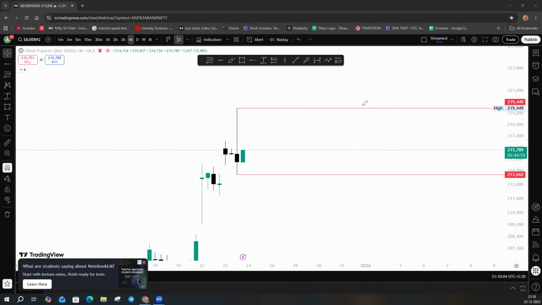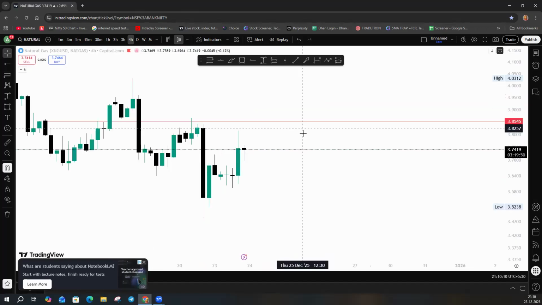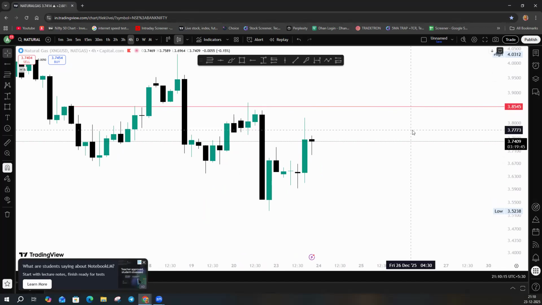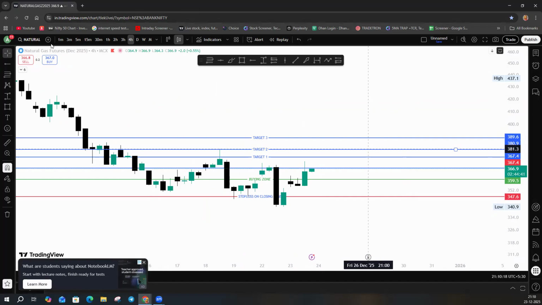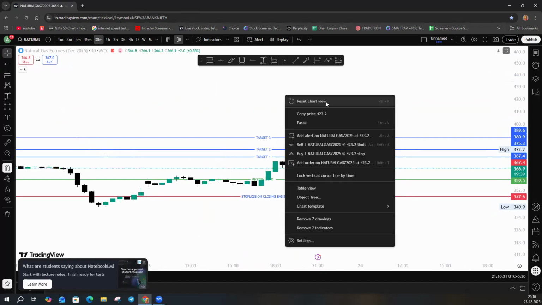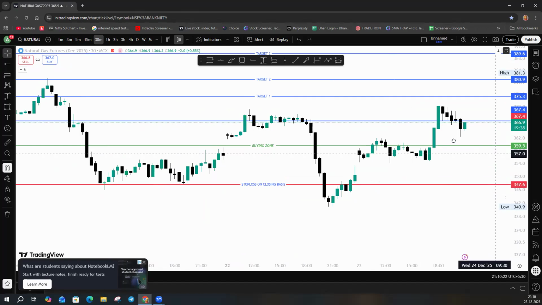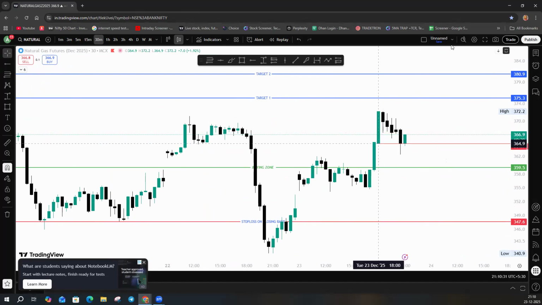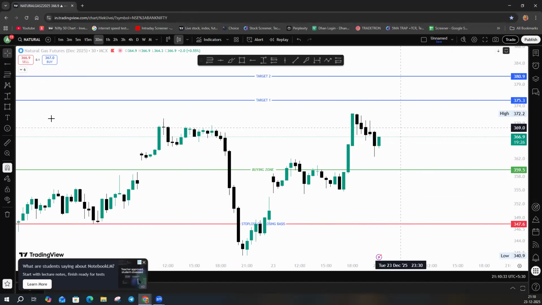The next, which is very important, is natural gas. So in natural gas, we have already suggested one view for the NG, that was the bullish view. From the bullish view we said that we can expect some upside. As you can see, we got the upside movement, but after this upside movement we have again got the downside. So this is how it goes: rally, again correction.